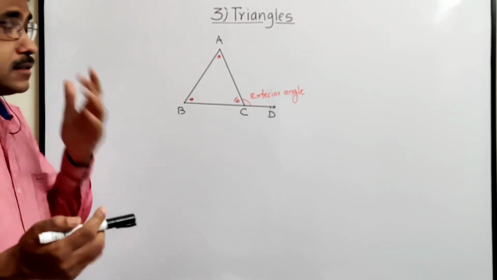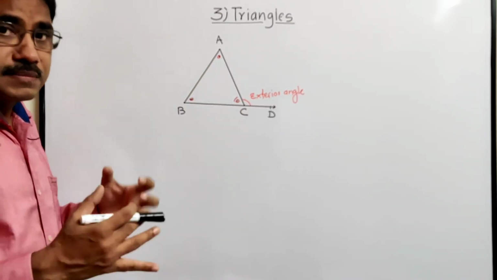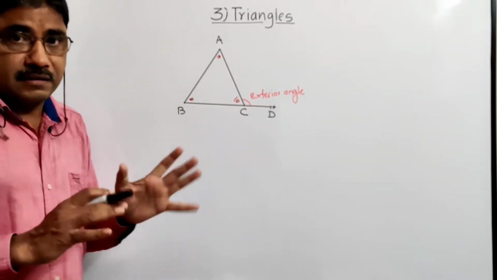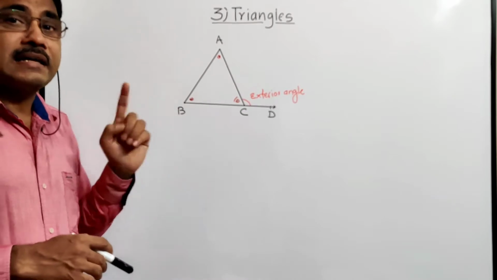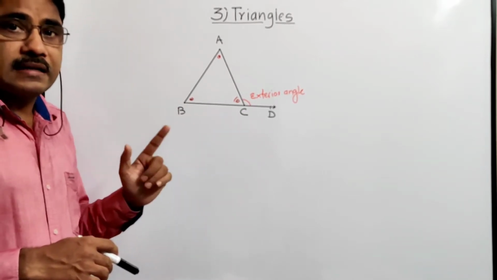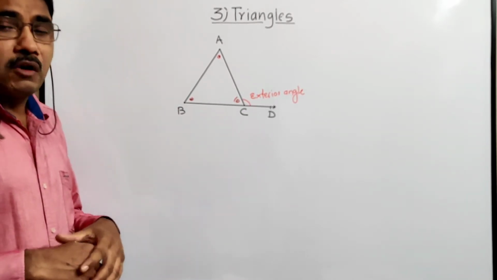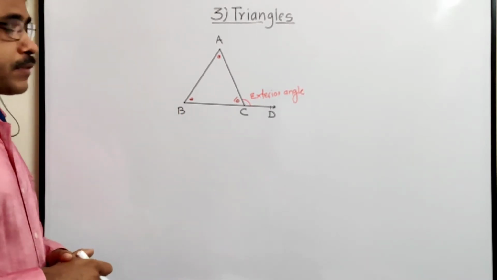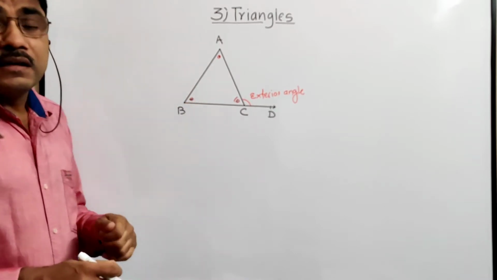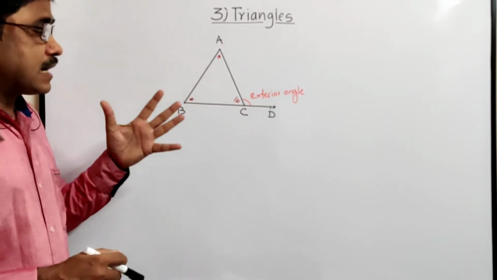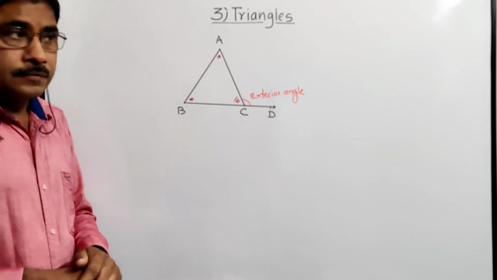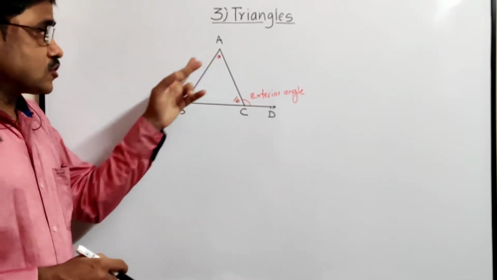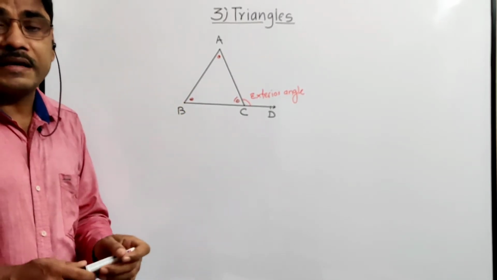Depending upon the angles, if all angles are acute angles, means less than 90 degree, then it is called acute angled triangle. If one of the angles is 90 degree, then it is called right angled triangle. And if one of the angles is obtuse angle, means greater than 90, then it is called obtuse angle triangle. So in this way, there are 6 types of triangles, and you know the main property of triangle, that is the sum of measures of all three angles is 180 degree.